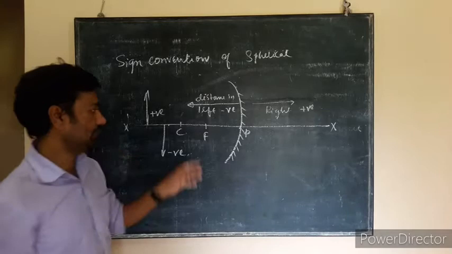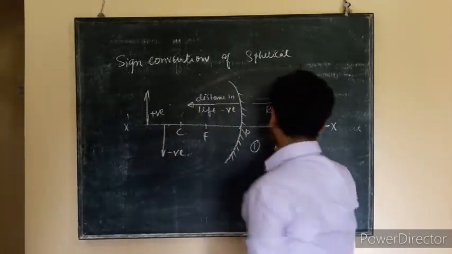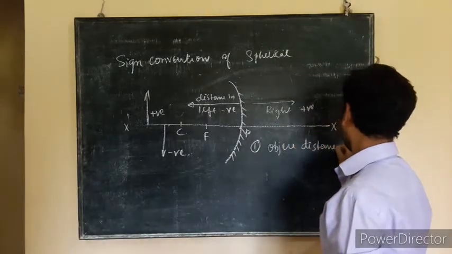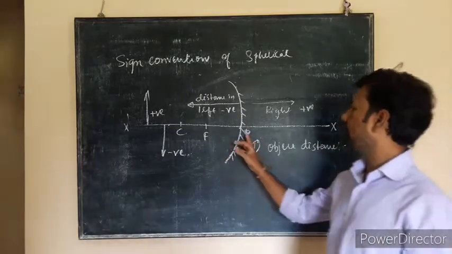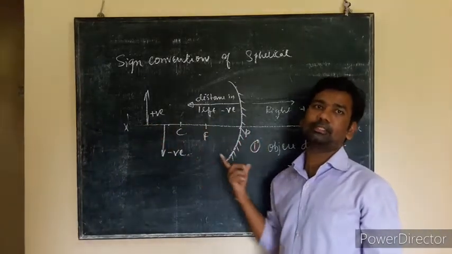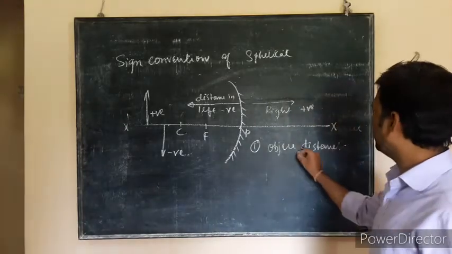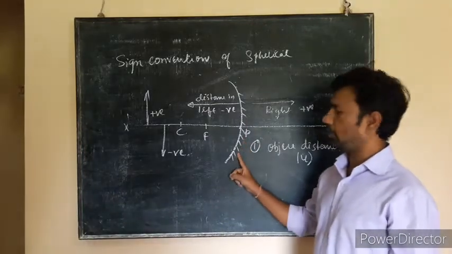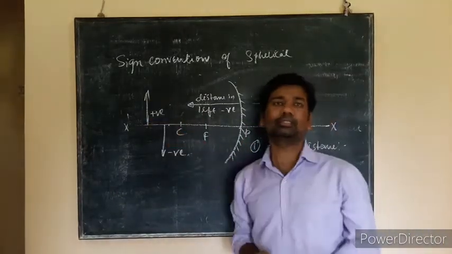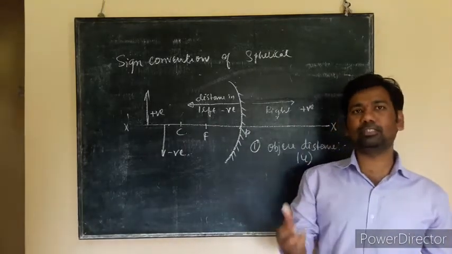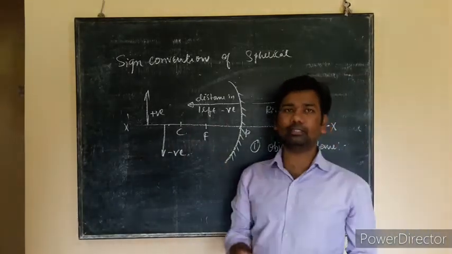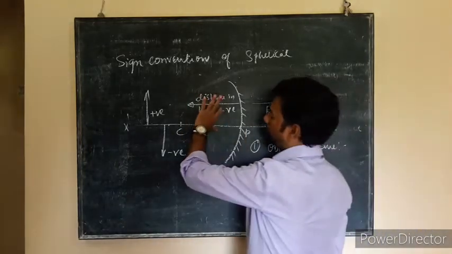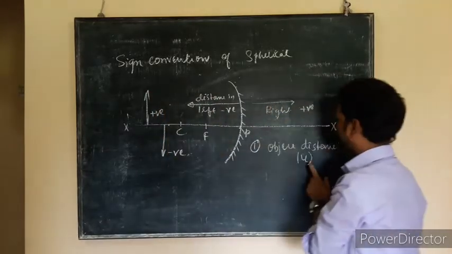To do these things, first you should learn what we mean by object distance. Object distance is the distance between the pole and the object, and we denote it as u. For example, this is a concave mirror and the object is placed here. In the exam they will say the object is placed 15 cm from the mirror. You have to consider the object distance as negative, because the object is placed on the left hand side, and left hand side means you take it as negative.